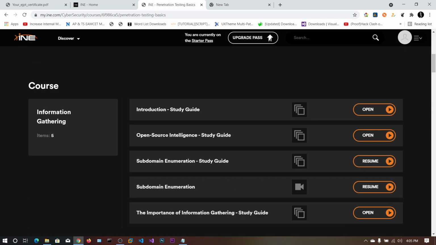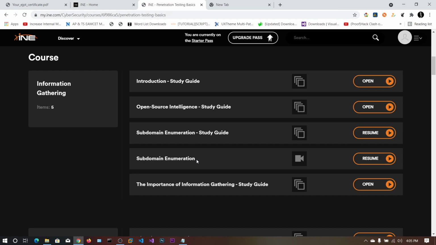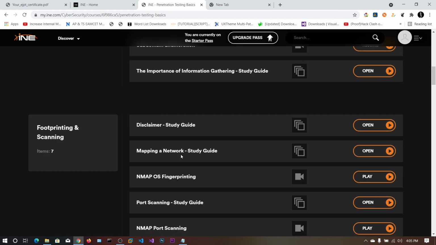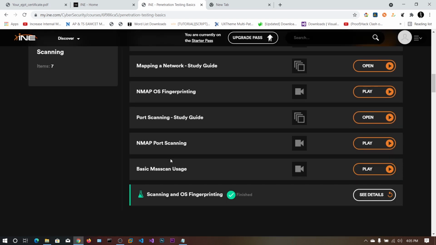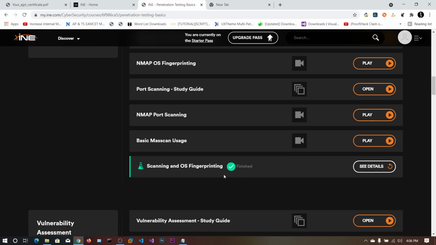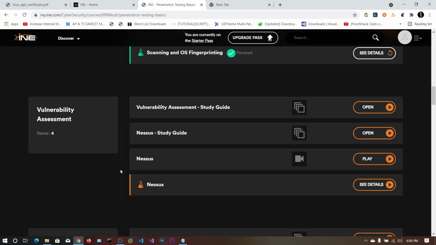So here first we will learn about information gathering and subdomain enumeration. Don't worry, these will not be asked in the exam, but you should learn this. And there we learn the most important tool, Nmap. At the start of this exam we will be using this tool, Nmap. So make sure you did this lab correctly, and also see the write up in case they have done it differently.